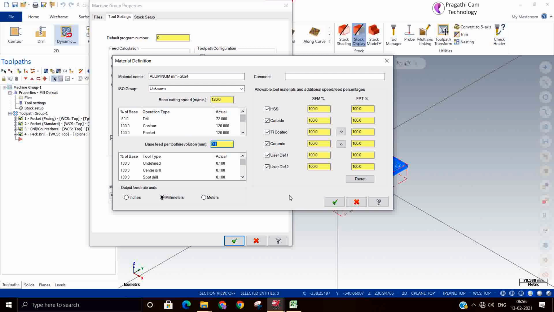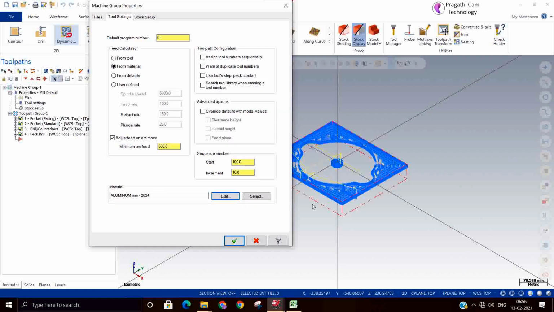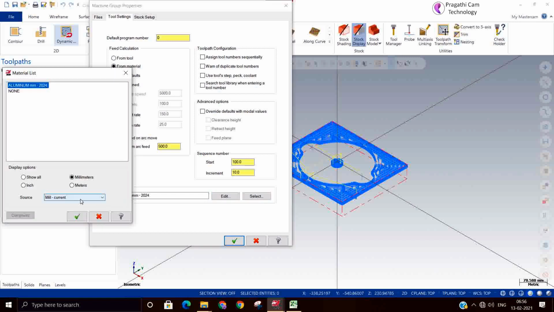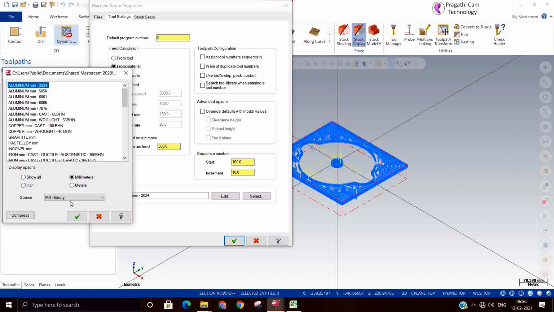Both are given here. And then you can go to your library also, so you can select the current library. All the material list that is available by default is present here.